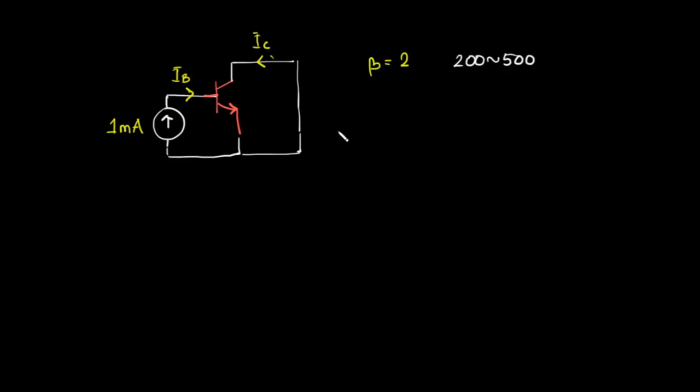But for the sake of illustration, to make our calculations easier, in this example I am supposing that this BJT that we are using has a beta of 2. So if I apply an input current of 1 milliampere, what will be the output current in this circuit? We can simply replace this BJT with its current control current source model. If I draw it like this,